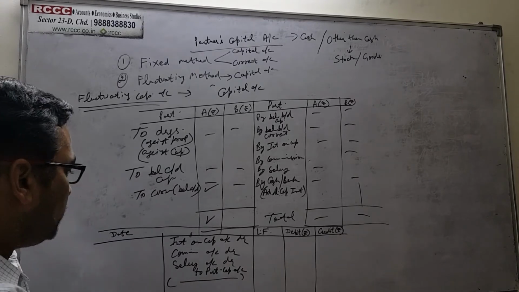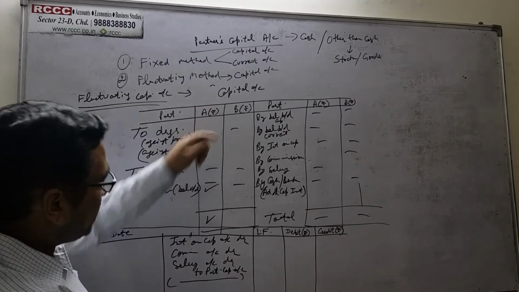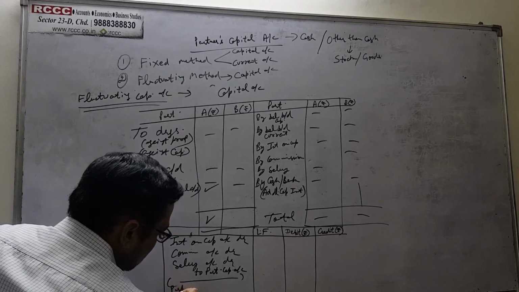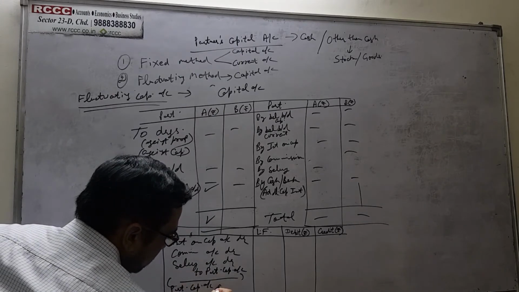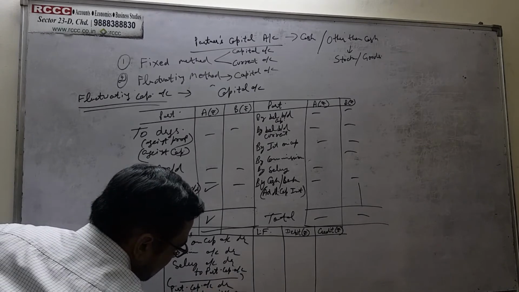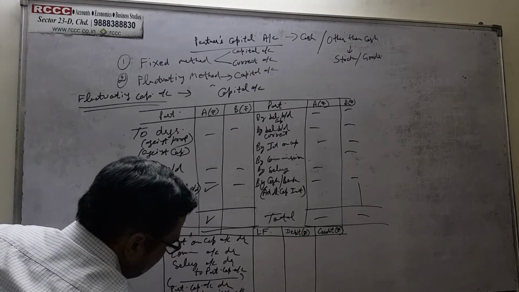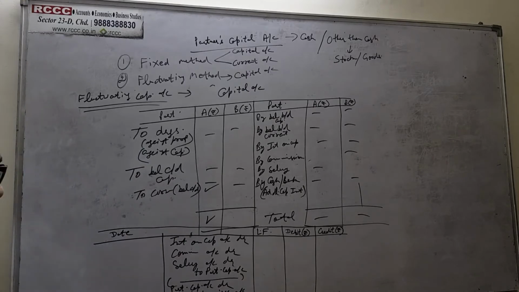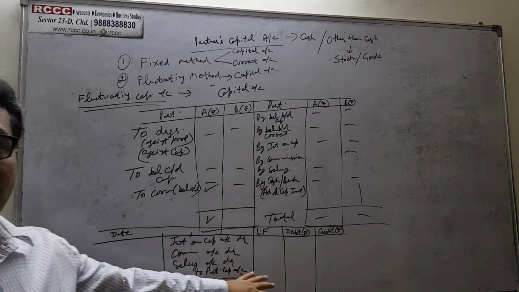Now how are we going to make the entry for the debit side? For the debit side, we have to write partners capital account debit to drawings account, and there will be the narration for the debit side, right? So this is the entry that we are going to make.